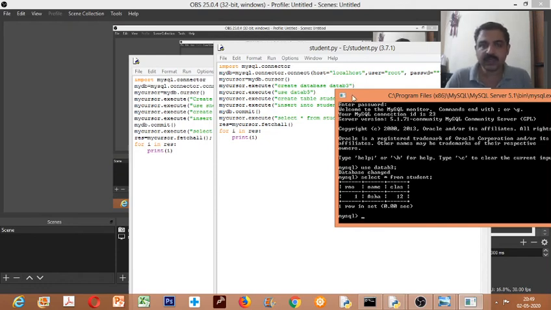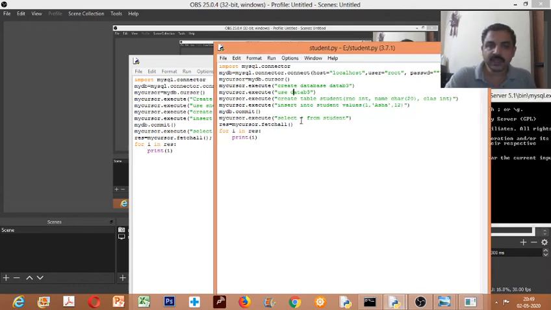Clear? This program I just showed how we can establish connection between MySQL and Python, then through Python how to run these SQL commands and execute. So this is the method. In a similar manner we can create, this is just for creating, right? So you can display the details, you can edit it, you can modify it, you can delete. All the SQL commands can be run through this Python editor.